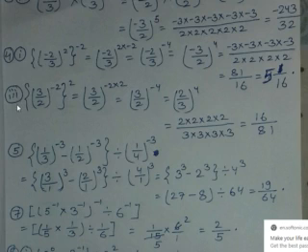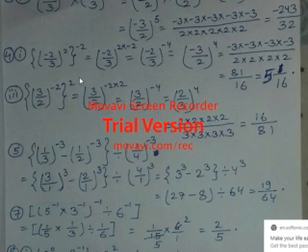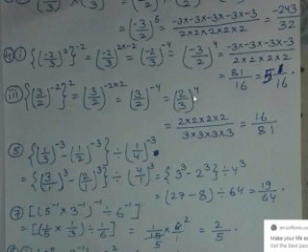Now if you see question number 3, it is (3/2)^-2, again raised to the power 2. At first I multiplied the power over power, (3/2)^(-2×2), and it becomes (3/2)^-4. Since there is minus 4, again I took the reciprocal to make it positive, so it becomes (2/3)^4. So it becomes 2^4 by 3^4.